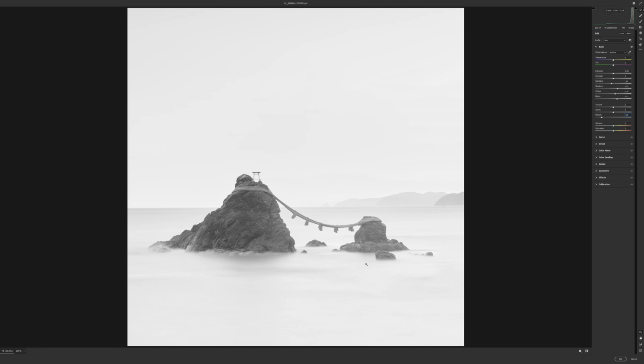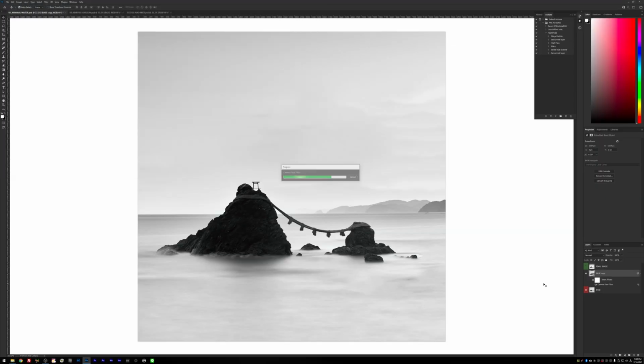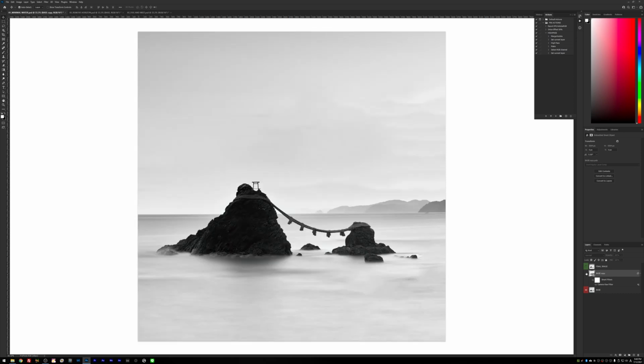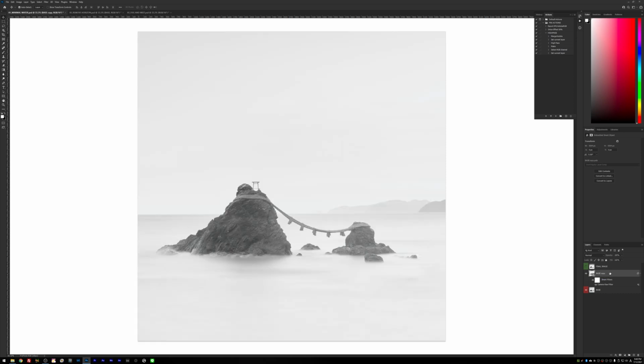Now, as you can see here, the effect, of course, is visible also in the rocks here in the foreground, but we're not going to worry about this at the moment. We're just going to apply the effect. And this is the before and after. Pretty dramatic. And then what I can do to apply this effect only in the water is I can just